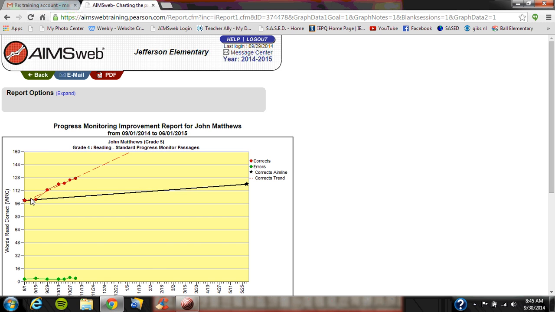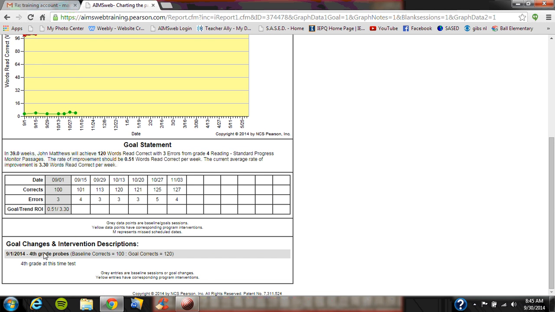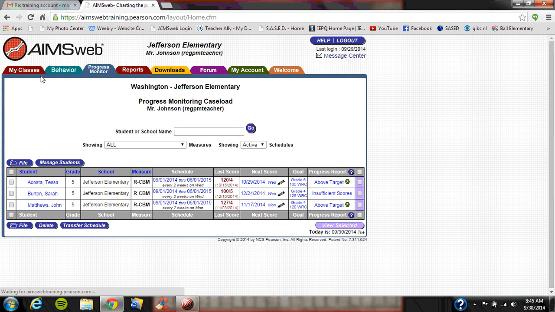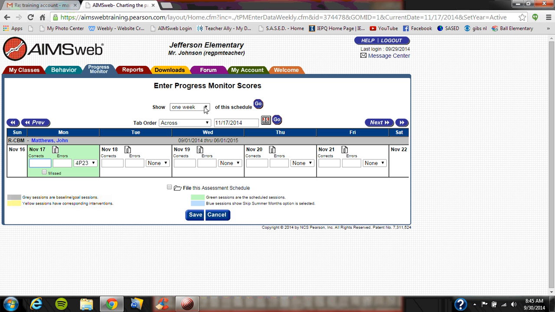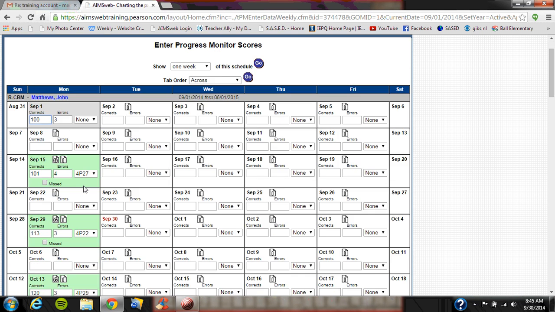All right, so we can even add a nice little program description on there too. Even though we have it down here, I can click back, go to my scores. That's where you do this. And again, it's really helpful when you put in all the weeks, because you'll see once you enter the first data point, it won't let you change anything on there. Again, you can pick your probes here if you want to, but